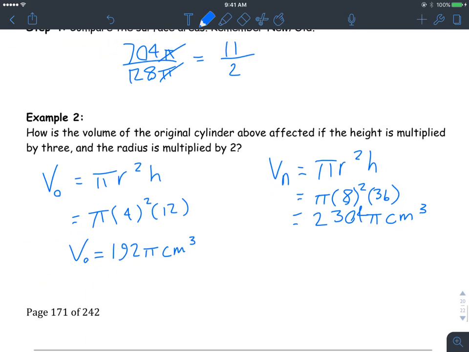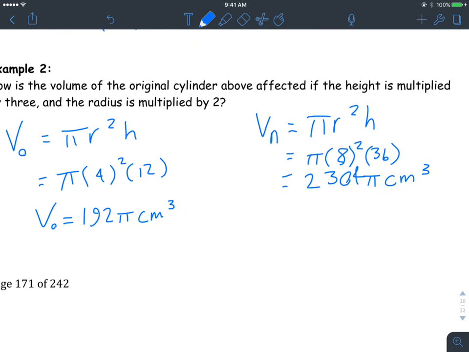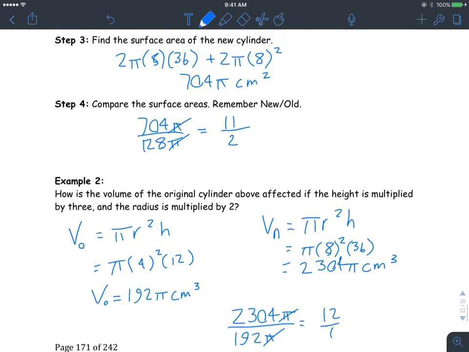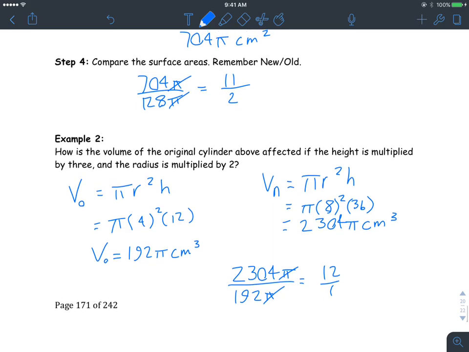And they ask us how is it affected, so essentially we want to compare the two. So we'll do 2,304 pi divided by 192 pi. All right, when you reduce those, the pi's cancel out again. You do get 12 over 1, but still not a very strong connection with the 3 and the 2. Each problem will be kind of different, so you just got to be a little careful on those. So anyways, that is it for the